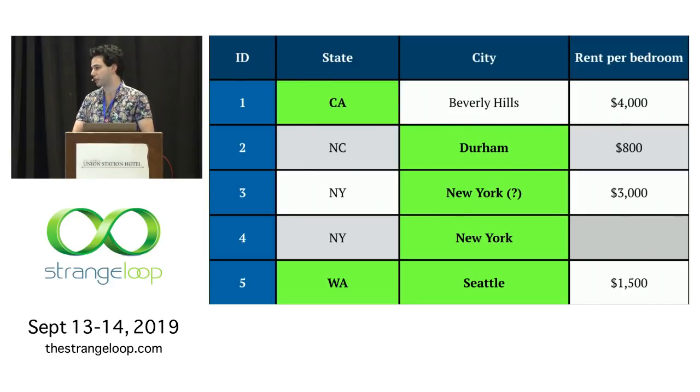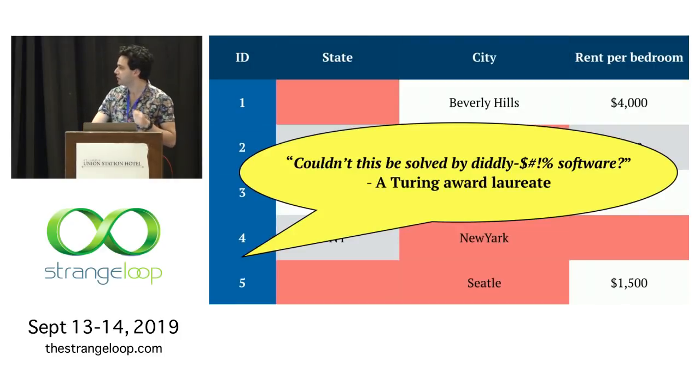We're basically dealing with spelling correction in this example, right? And maybe a table lookup to see what state you're in. And in fact, I was at MIT a couple months ago, and there was a professor who was giving a talk on this fancy machine learning-powered data cleaning system that his team had built. And they were using demo data kind of similar to this, with misspelled city names and zip codes that were wrong. And there was a famous Turing Award winner in the audience of that talk. And during the Q&A, that Turing Award winner stood up and asked, to paraphrase, couldn't this be solved by some pretty simple software?